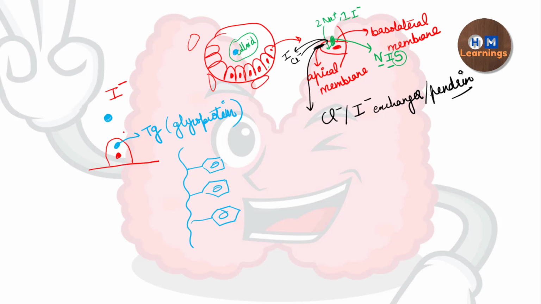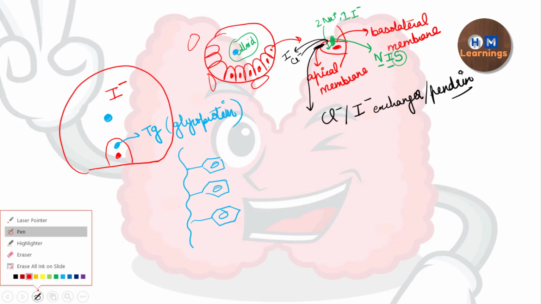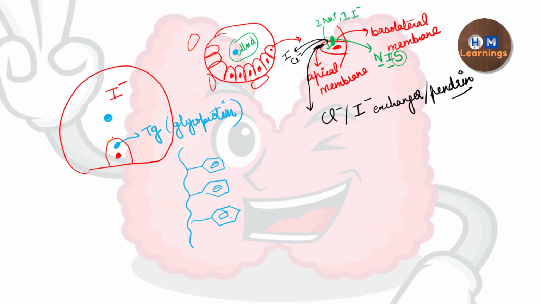Now at the interface, if I draw it completely, if I draw the follicle, this is a follicle and this is the colloid region. At the interface between the thyrocyte and the colloid, what happens? The process of organification happens. So organification means what? First, the iodide